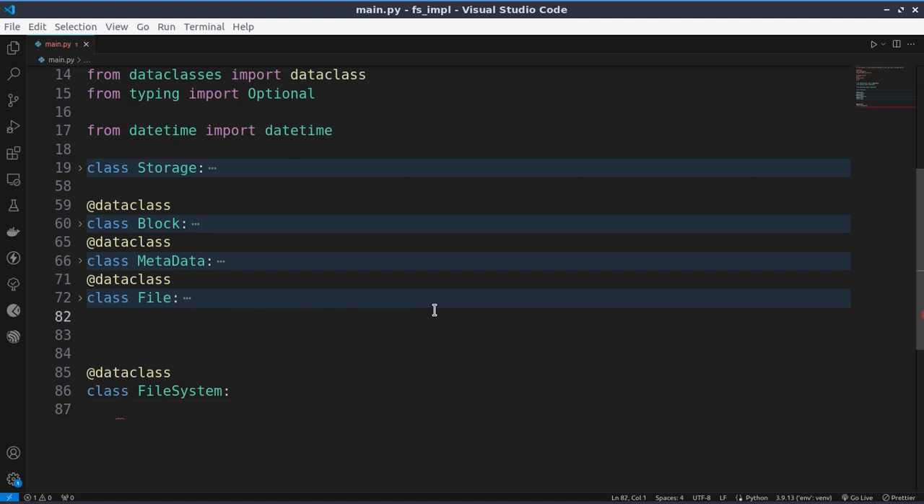Hi, welcome. In this video, we'll begin implementing the file system. So currently we've implemented the storage device, the block, and the metadata and the files itself. So files have metadata. So right now, let's go and implement the file system, which is sort of like bringing everything together. So the very first thing we need to do is obviously create what properties would be in the